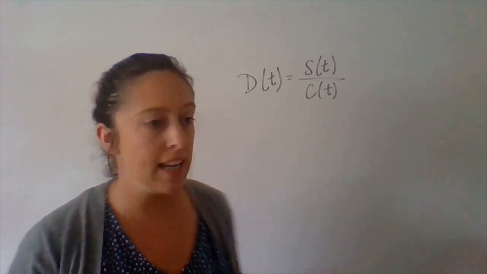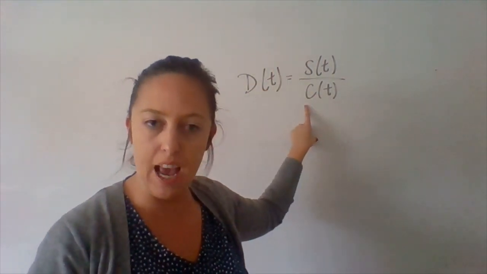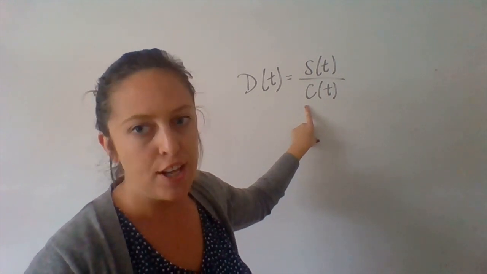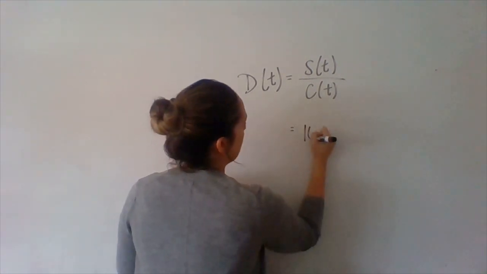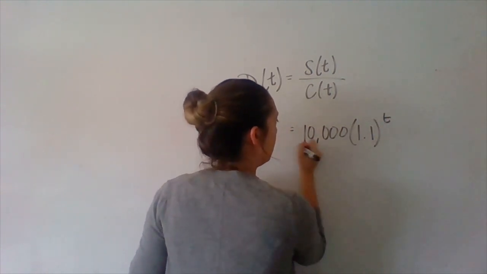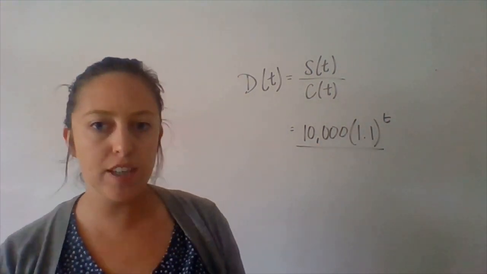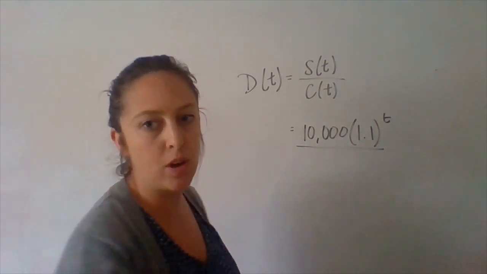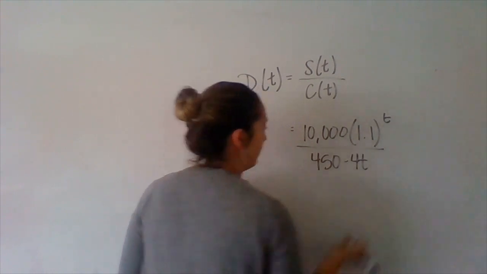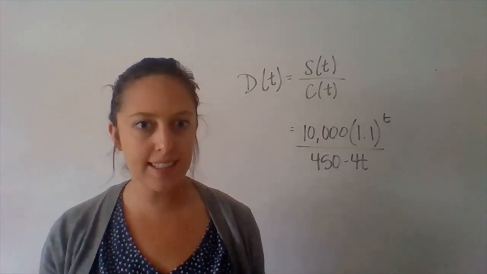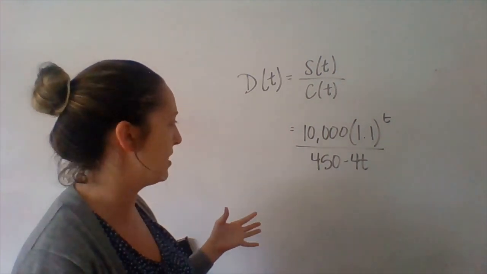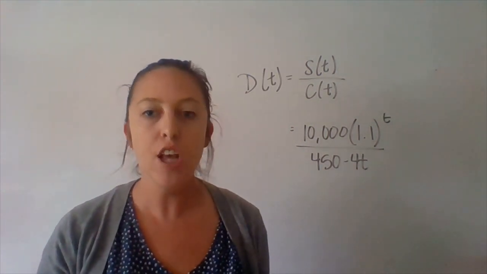So we're going to take our S of t and our C of t, and we're going to replace them for C of t, which is for t. So this can be our